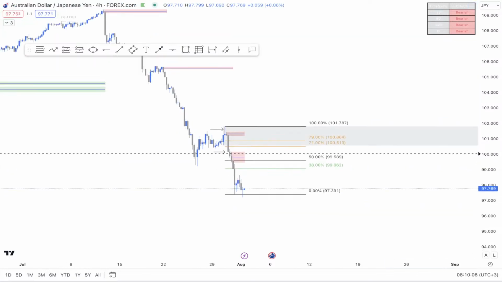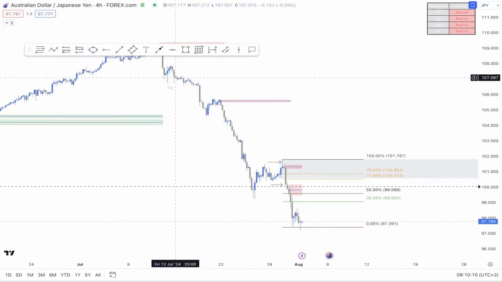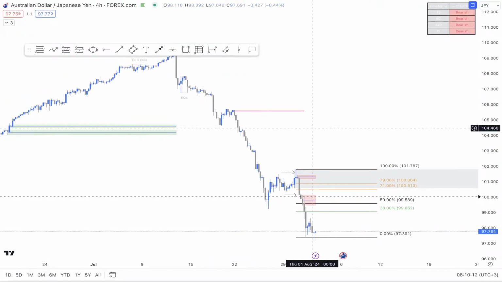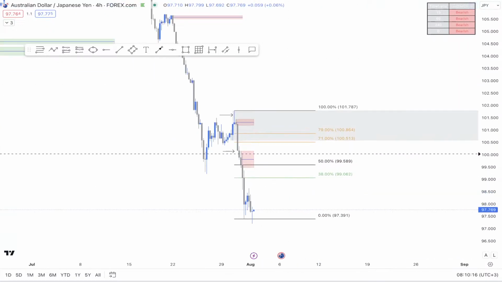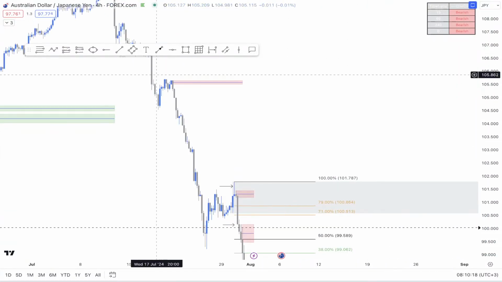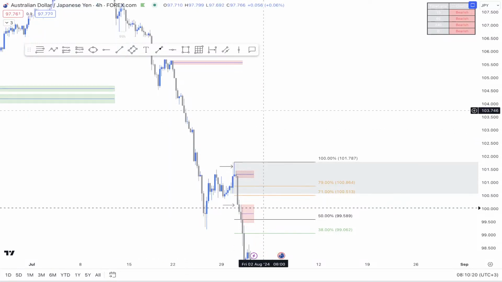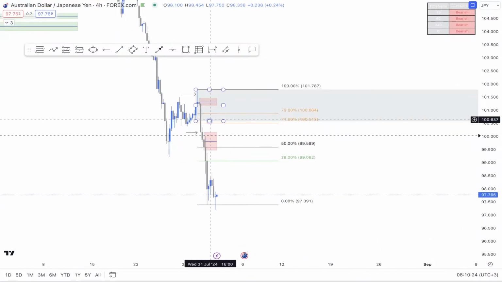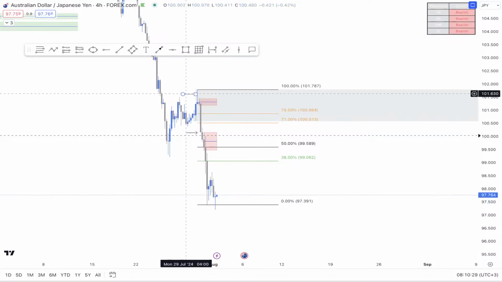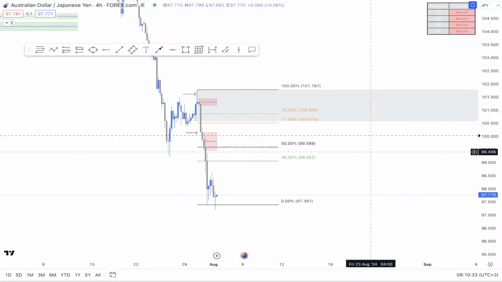This one is looking even more aggressive. Price has been very bearish lately, moving towards the downside very aggressively, and right here we have a continuation of that. We have this aggressive break, liquidity was swept beforehand as well. We have this unmitigated order block that is lining up perfectly